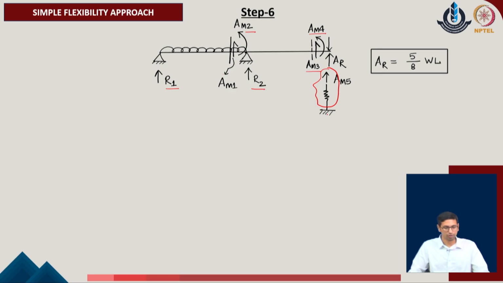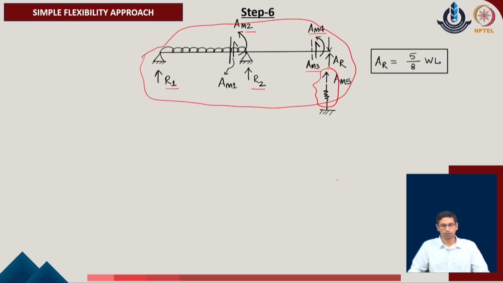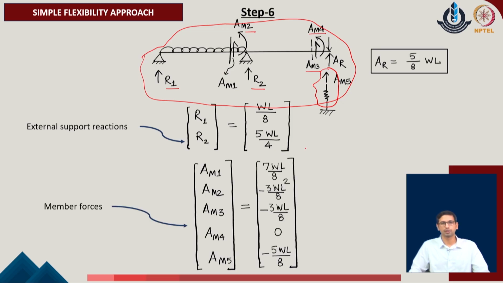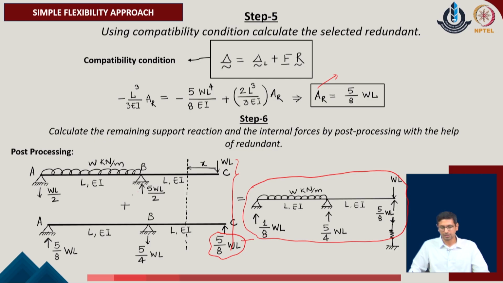So, what we will do, we will try to correlate this particular diagram in which we have identified all the requisite set of forces which we require with the set of overall system which we have generated over here. So, as we do this, we realize that R1 and R2 are these two values which are appearing in the given system, WL/8 and 5WL/4, and similarly the member forces can also be evaluated. The values have been identified with respect to the sign convention which has been defined in this diagram. So, accordingly the values have been considered with respect to their respective values over here, as these values appear as the reaction R1 and R2, both are in the positive direction of the reaction. So, they have been positive.